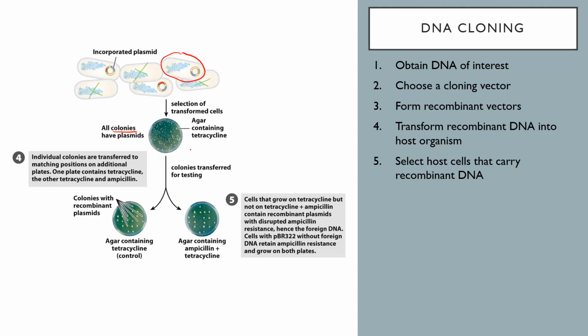So if you want to select for the cells that are ampicillin sensitive, that means they will die in the presence of ampicillin, then you very carefully place the cells onto your dish in an array. So you might do a grid like this,